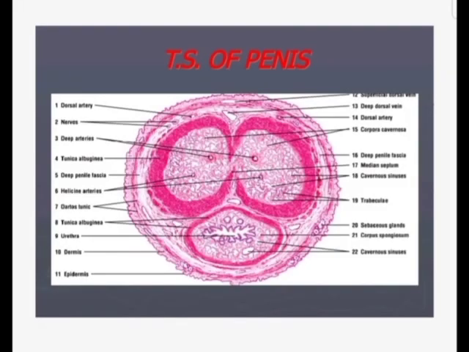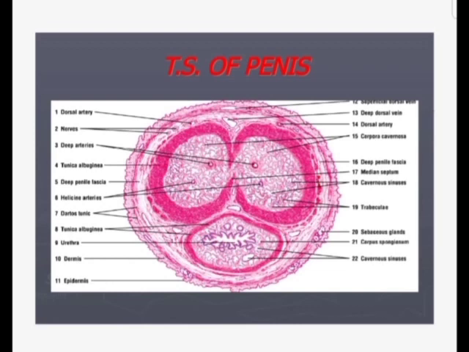In a transverse section of the penis, you will see the corpora cavernosa, which are surrounded by a thick capsule of fibrous connective tissue, and that is called the tunica albuginea. In the body of the penis, an incomplete median septum of fibrous tissue called pectiniform septum is present between the two corpora cavernosa. You can see this. This is incomplete, empty inside.